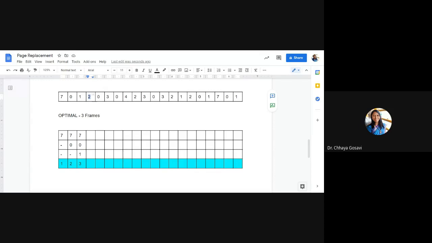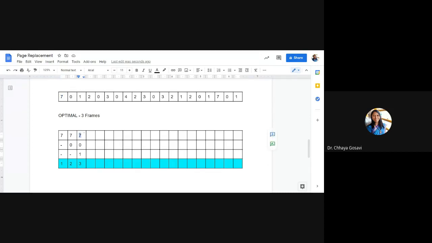So in case of FIFO, you might have chosen 7 because it arrived in the queue first. For LRU also, when you look at the left hand side of 2, 7 came earlier. First just referred frame is 1, then 0, and 7 is the least recently used. So 7 has been chosen for LRU.